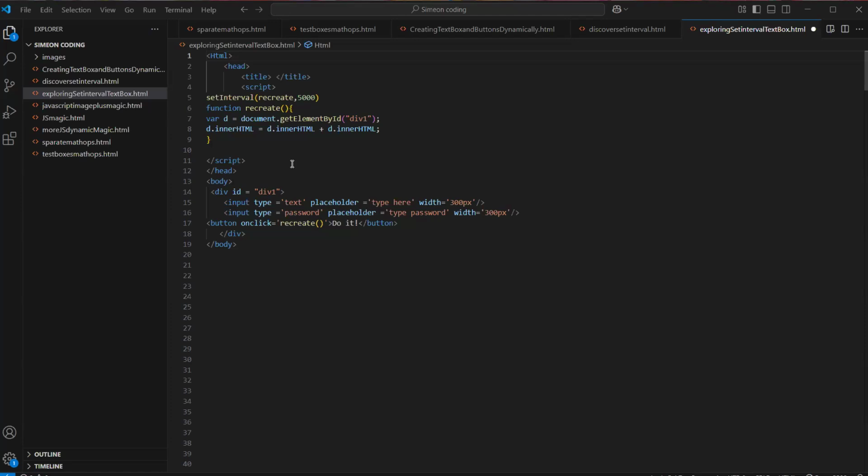Remember, I told you setInterval can be used for minor animations. When I say minor, that's not the kind you have in cartoons, but something that will give the impression that there's a movement happening. When you see it, you agree that yes, something like that is happening. So let's see if we can work on it.